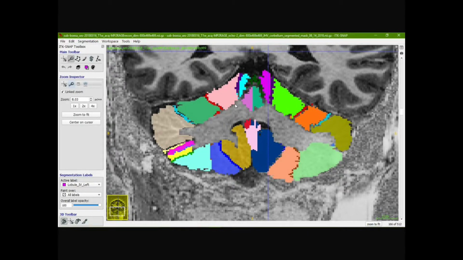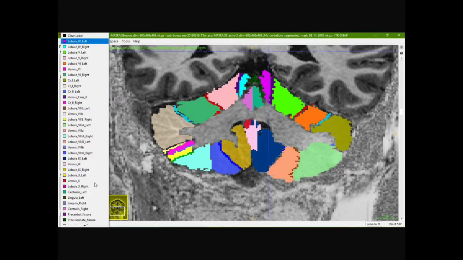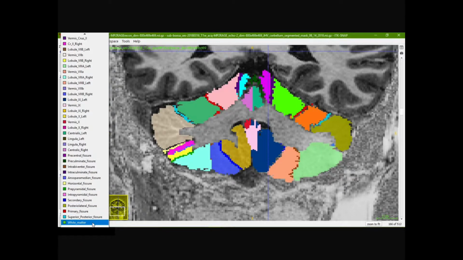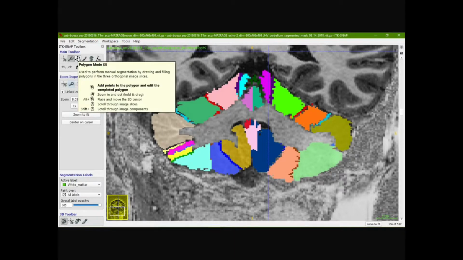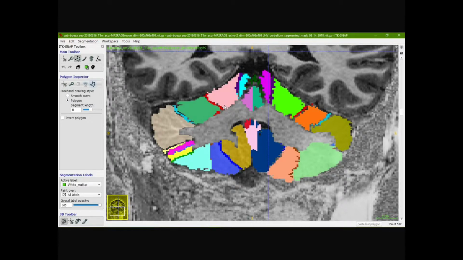and here I am going to use my white matter label. I am going to click on that, and then there are different features. So the first one, it's the polygon mode, and here if you click on that, you can actually, let's say that we are going to select this white matter. So you are just going to do the outline of the white matter,